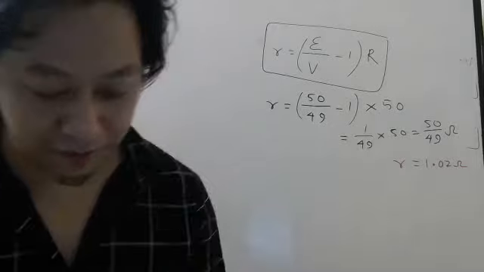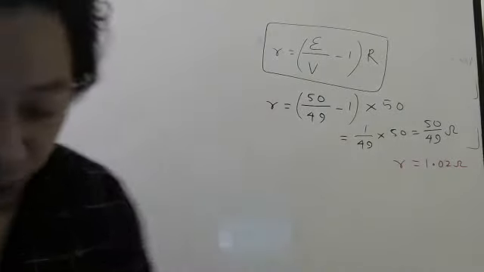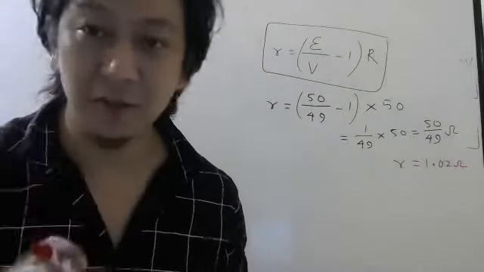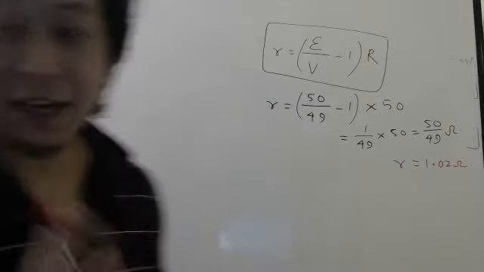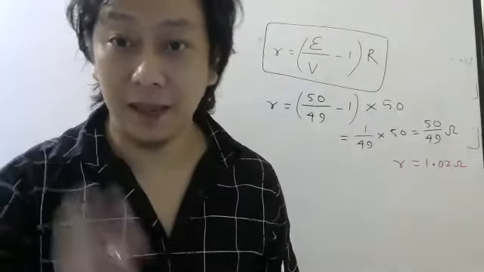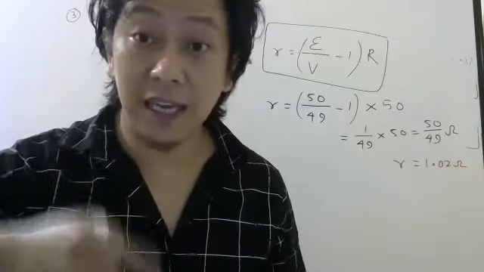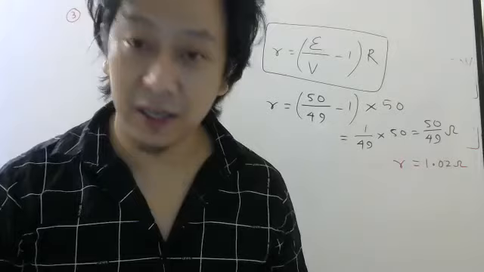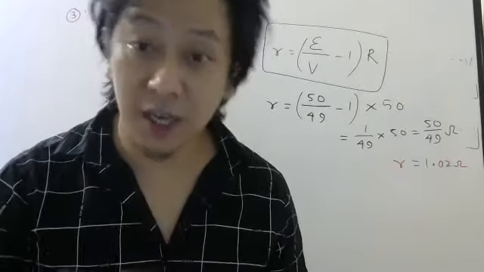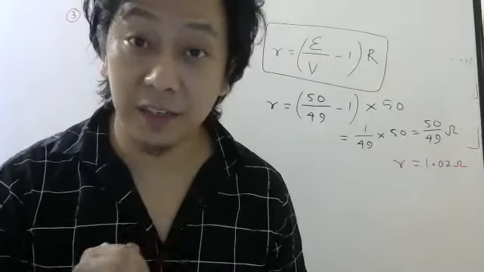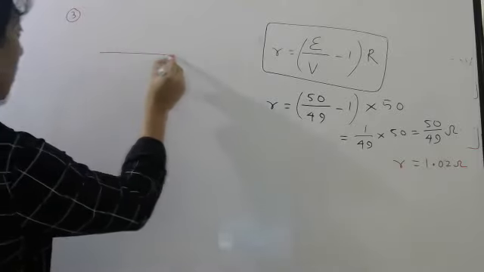Question number 3 is interesting. Later, we will do question number 3 in another way for entrance. Not now. But here, they have given you a cubical network with 12 resistors, and they have connected the diagonally opposite points to a battery of EMF 10 volt. Internal resistance they have not mentioned. You have to find the equivalent resistance and the current from the battery. So let us draw the diagram. So there is a cubical network.